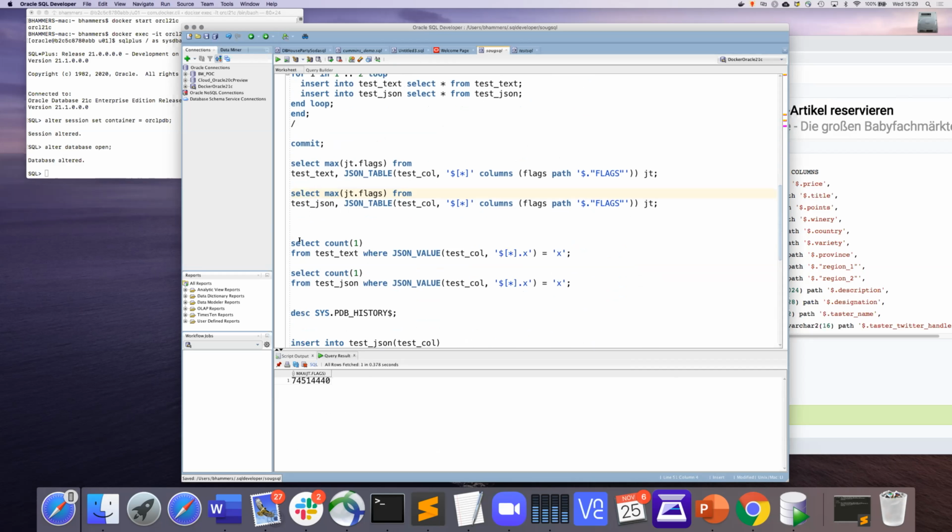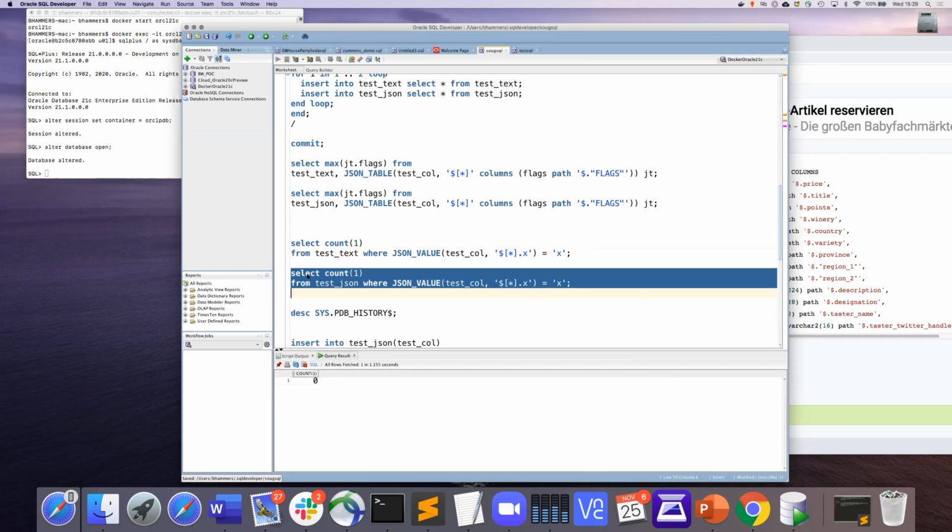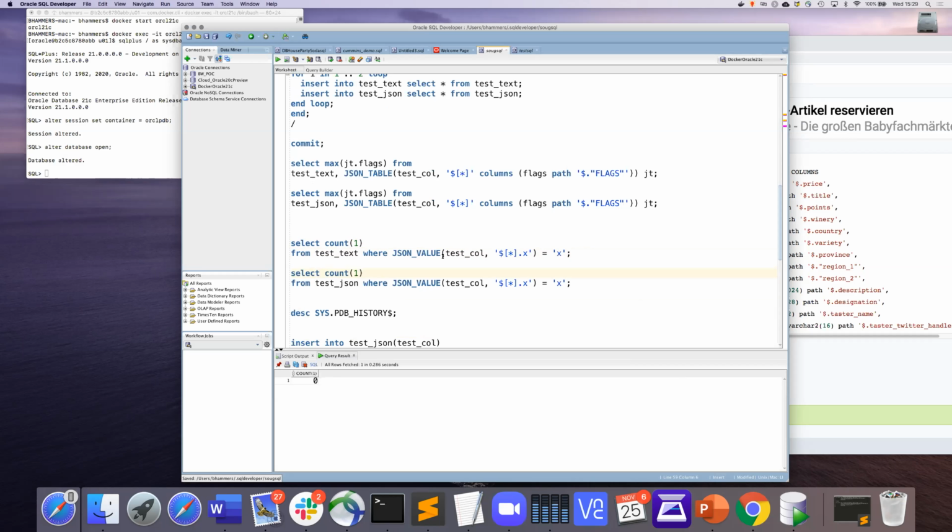There's one example where it's a lot faster, and this is if you're looking for a field that doesn't exist. In our text JSON, we have to scan through the entire data to find out that something does not exist, because there is no summary, and in an object, the keys are unordered. So if you look, for example, for a middle name, and this object does not have a middle name, you have to parse it all the way to the end to find that out. There's no alphabetic order or any order in an object. But with the binary data type, we do have a summary or a header with all the existing field names.